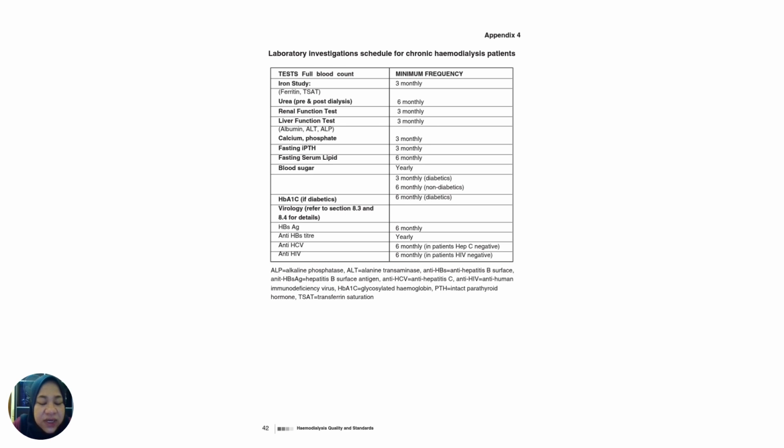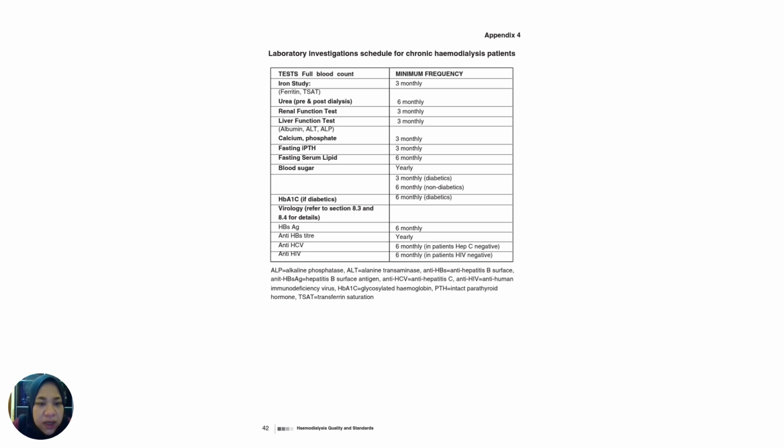So this is an example of the laboratory investigation schedule for hemodialysis patients. For the full blood count test, it is minimum frequency. Iron study every 3 monthly. Urea pre and post dialysis is 6 monthly. Renal function and LFT, liver function test, every 3 monthly. Calcium and phosphate also 3 monthly. Fasting iPTH also 3 monthly. Fasting serum lipid is 6 monthly. For blood sugar,